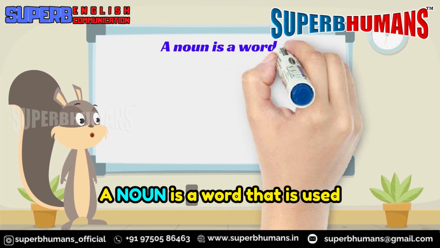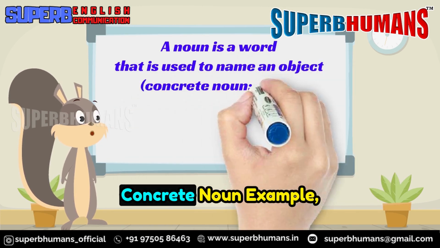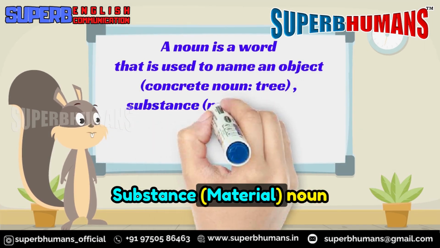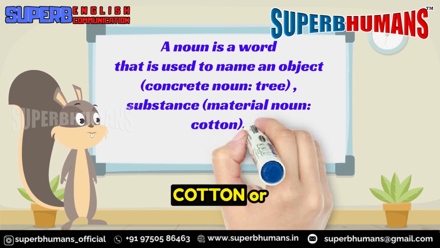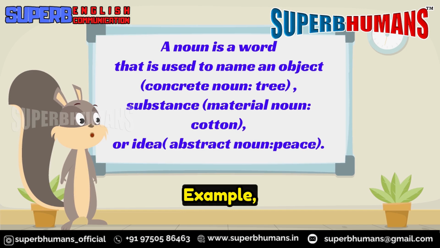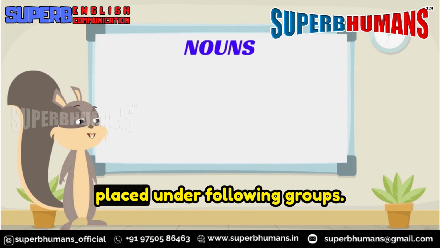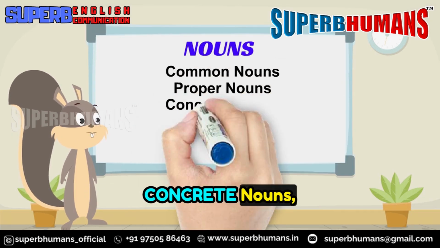A noun is a word that is used to name an object. Concrete noun. Example, tree, substance. Material noun. Example, cotton. Or idea. Abstract noun. Example, peace. Words that are nouns are broadly placed under the following groups: common nouns, proper nouns, concrete nouns,